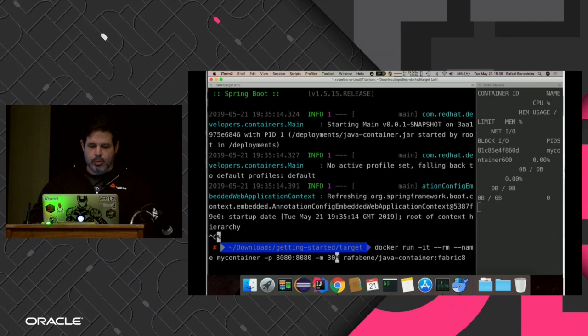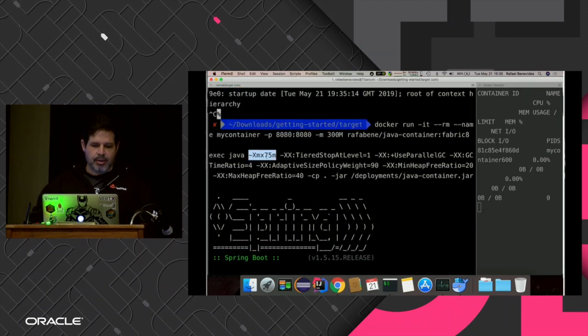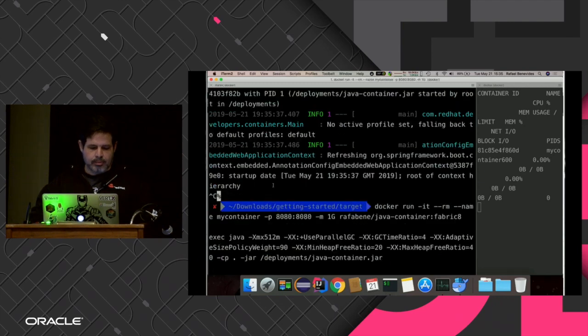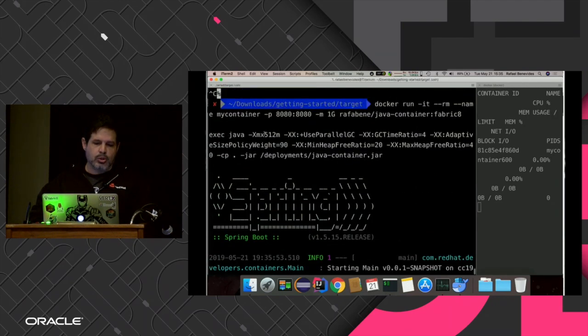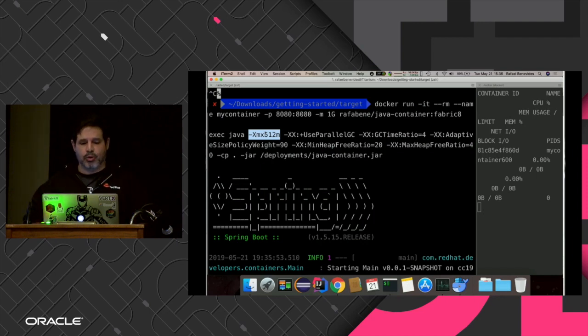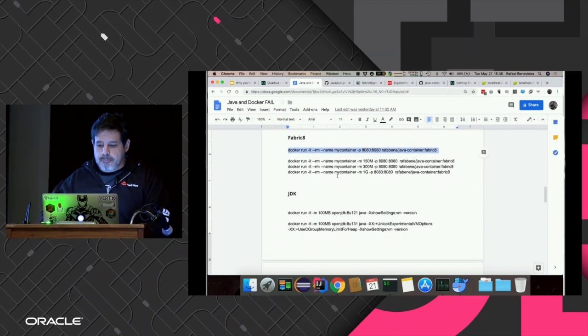So if I specify 300 megs, you can see here 75. And if it's more than 512 megs, for example, if I specify 1 gig of RAM, now it will change the ratio to half. So it's automatic. I just ask it to run, and it will do the calculus automatically for me. Okay, but